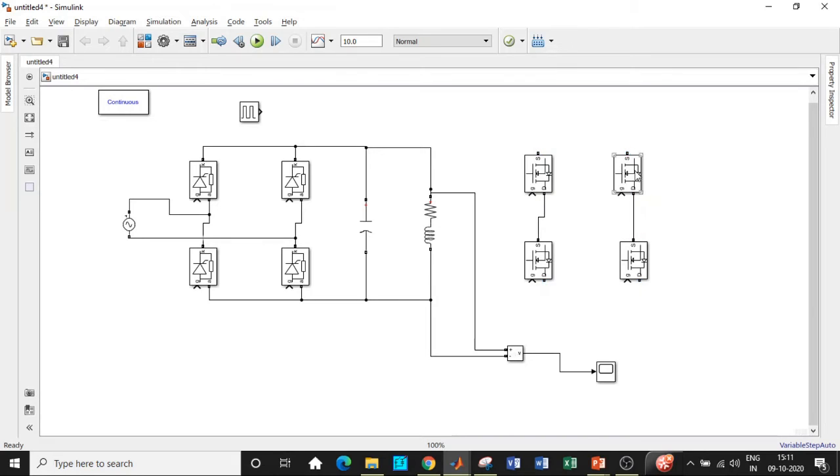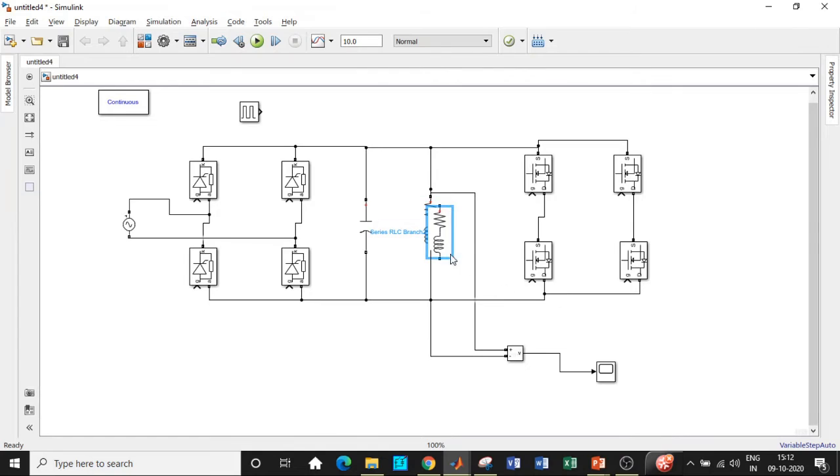I'll be connecting source to drain and source to source in this particular fashion, drain to drain again. And once this is done, I'll be taking the tapping of the supply from this point. So here we'll be getting DC supply, isn't it? So I'm connecting that as the supply to the inverter section.